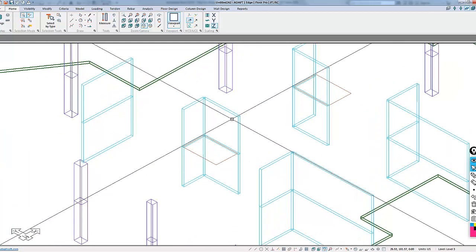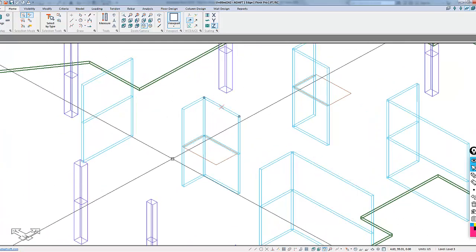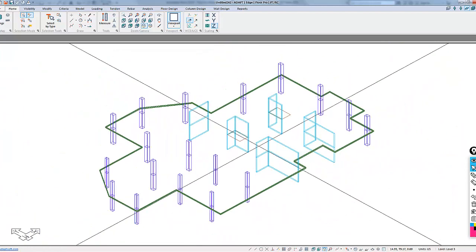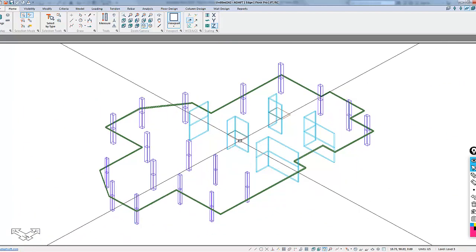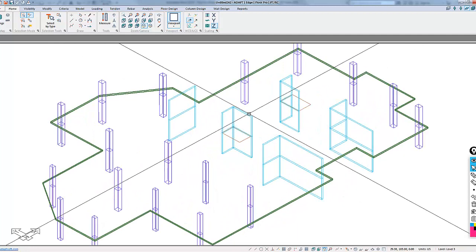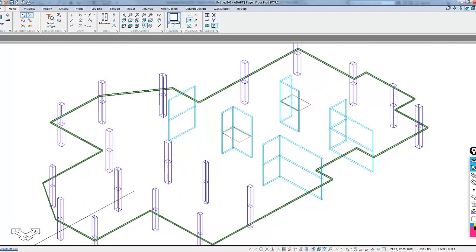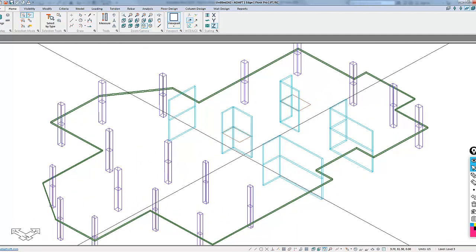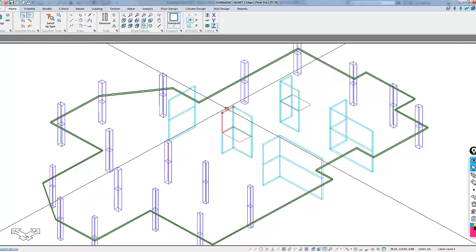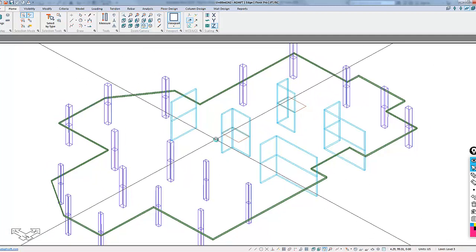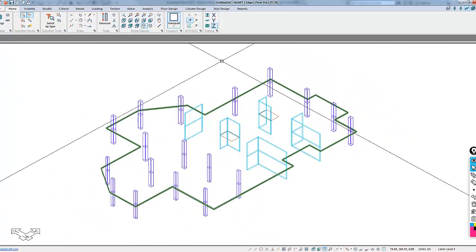And you'll notice there is one issue here. We have duplicate walls that were brought in from Revit. That would become apparent when we mesh and analyze this. So knowing that that's actually occurring, I'm going to select this wall and just delete the duplication here. So now I have this wall and this wall that are not duplicated, and we can focus on designing this